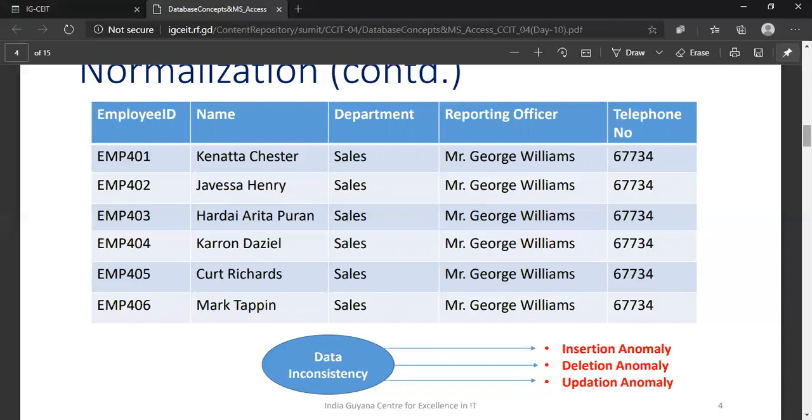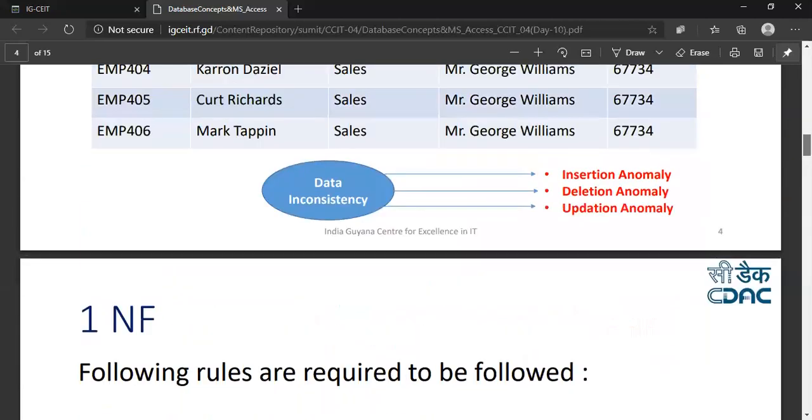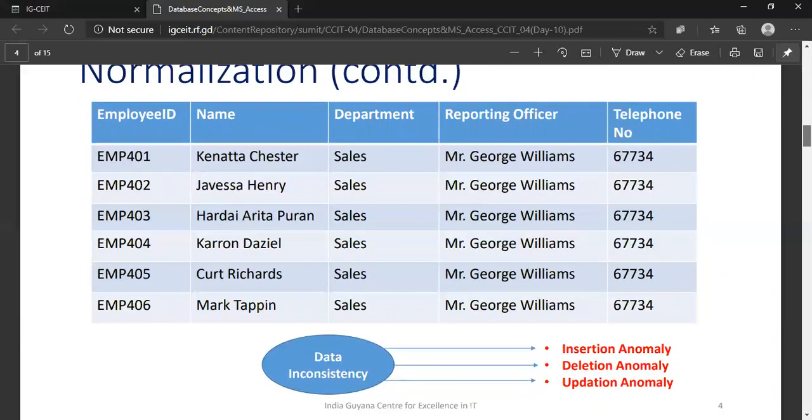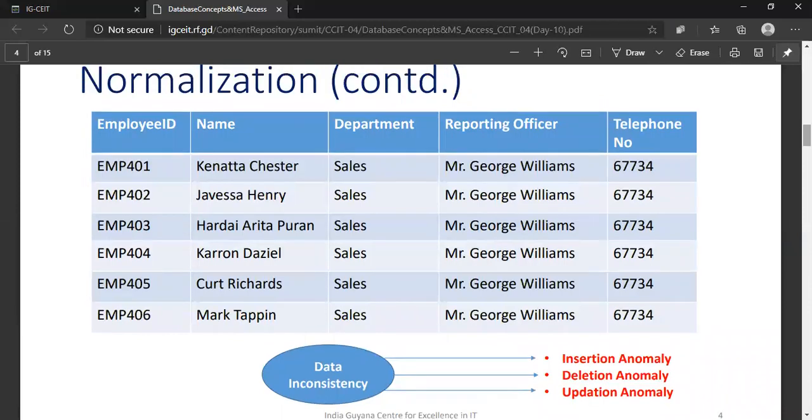So insert, update and delete. If you perform these three operations in a database, then only inconsistency arises. So we have to remove these inconsistencies from the table by doing normalization.